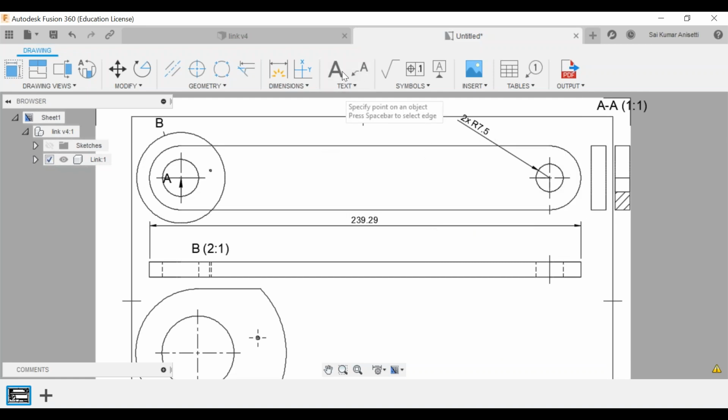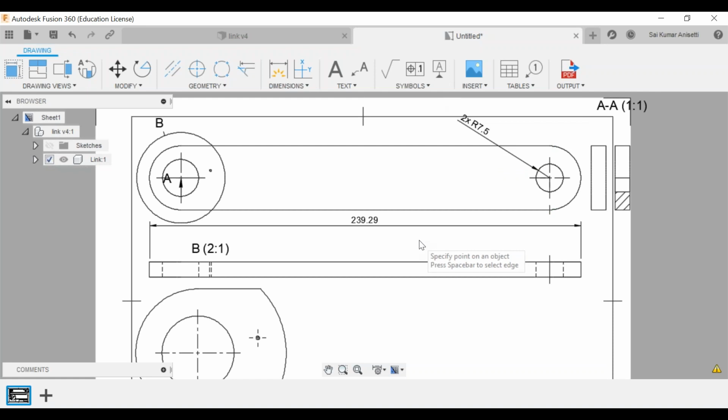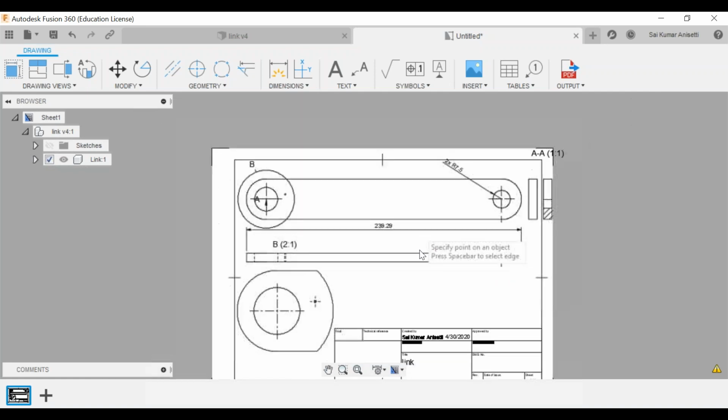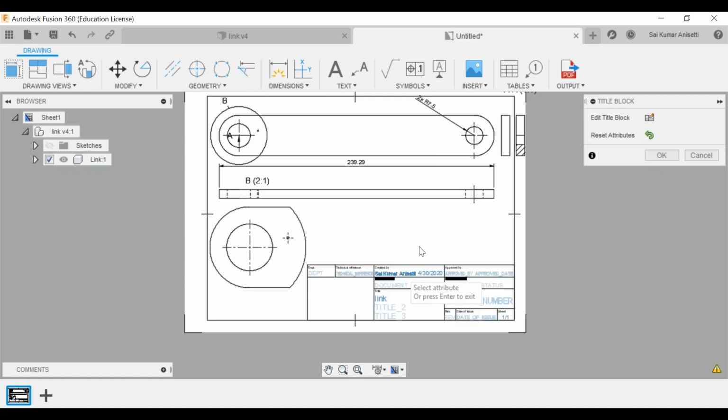And if you want to add any text, you can give any text. You can give text annotations. Okay, that is up to you. Now you have datums. Datums are related to your geometric dimensioning and tolerancing. Add your dimension and everything. So press escape. Now if you want to edit your table, see, but the only